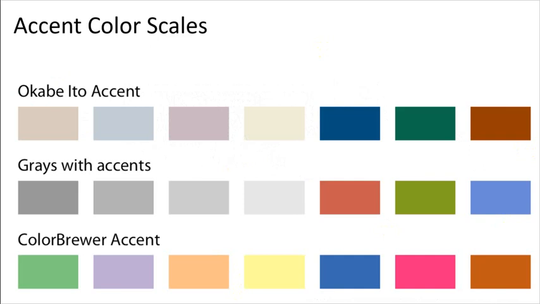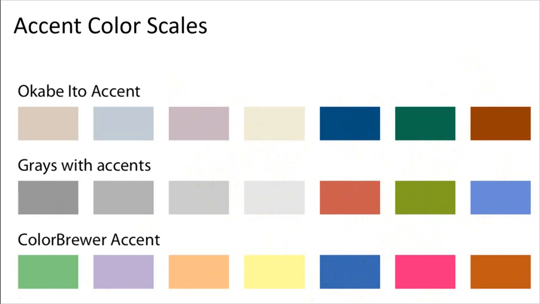Okay, so there are a lot of examples of other accent color schemes, lots of ways to set these up. These are nominal or categorical accent schemes. You can pair shades of gray with a single or with multiple colors, like here, or you can start with a categorical scheme of your choice and then lighten or desaturate some of them, leaving a few at their full intensity, or you can just use